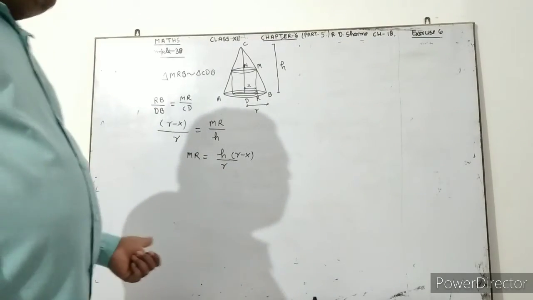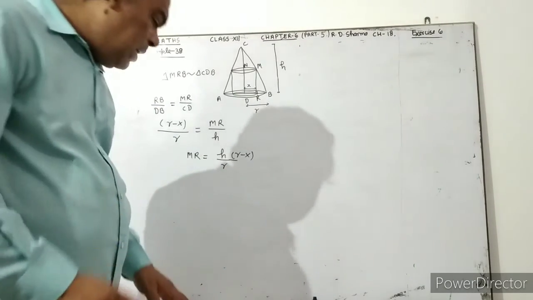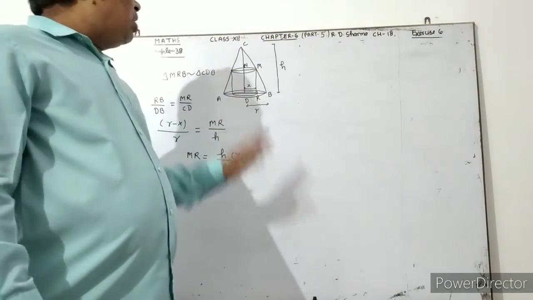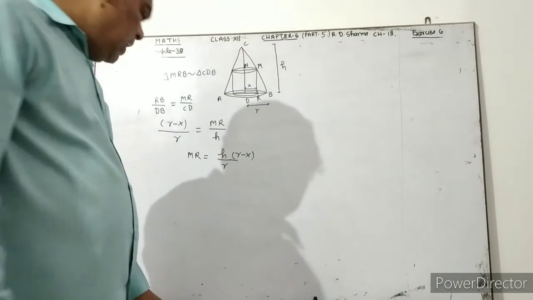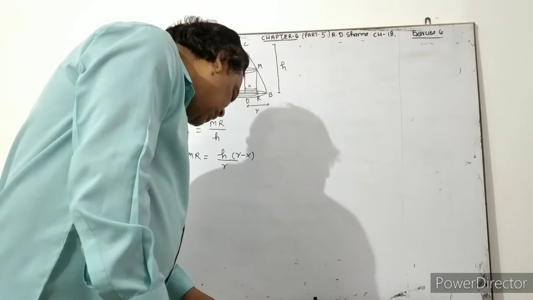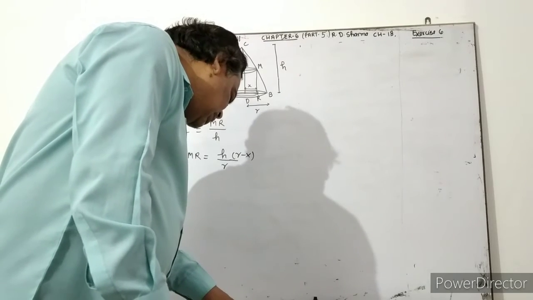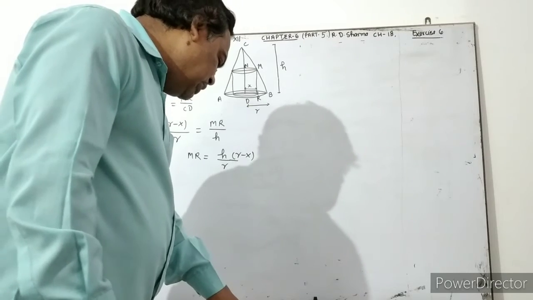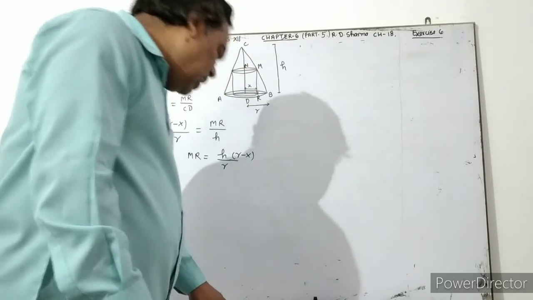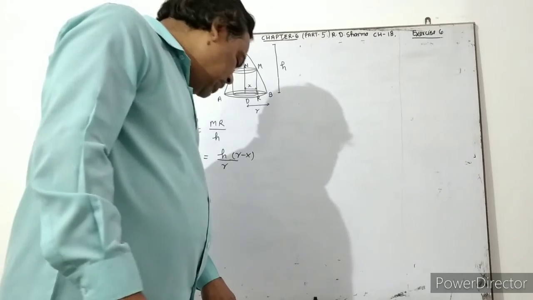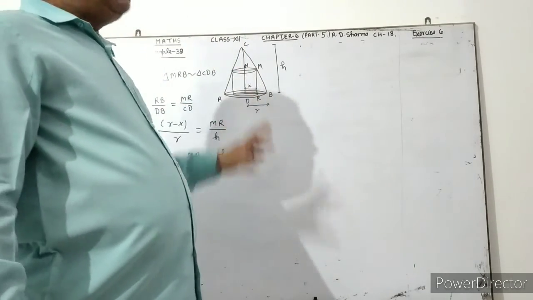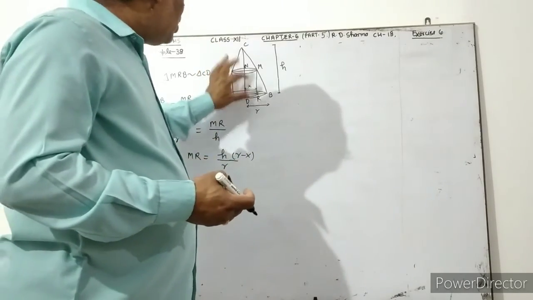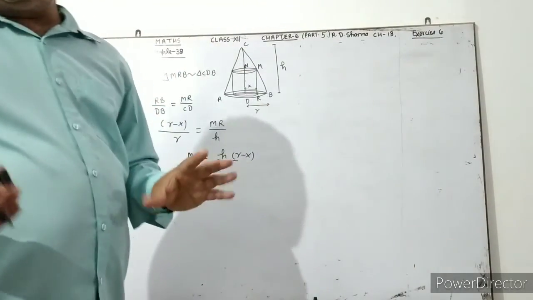Now, what do you have to show? Maxima or minima? Greatest curved surface area. What do you have to show? Greatest curved surface area of the cylinder. Prove that the radius of the right circular cylinder of the greatest curved surface area, which can be described in the given form. Now when will its greatest curved surface area be? When its height will be half the height of the cone.